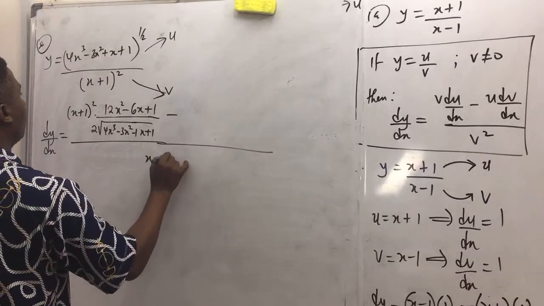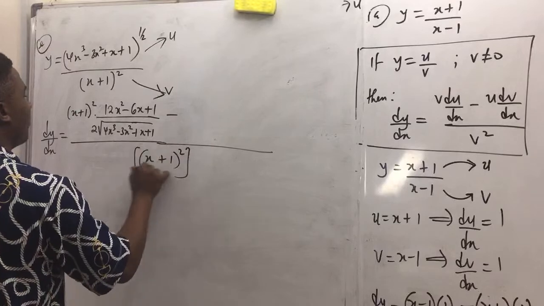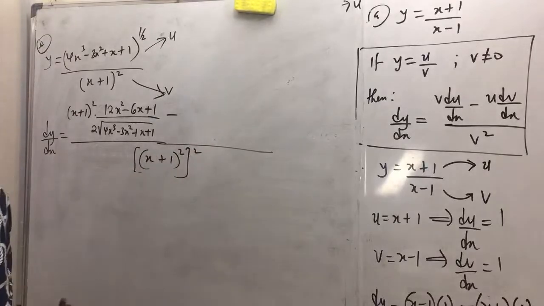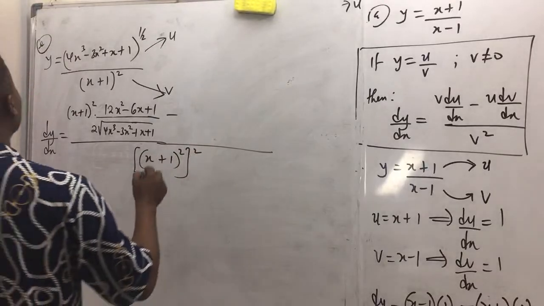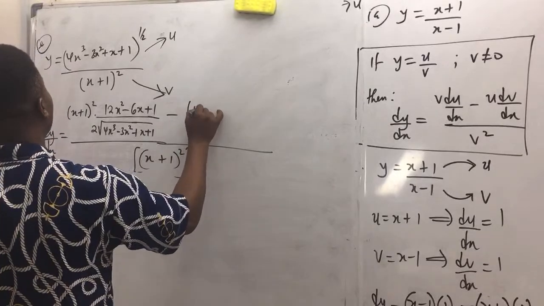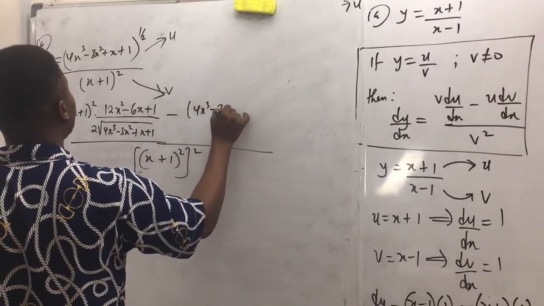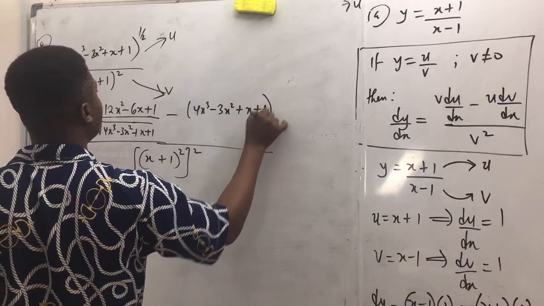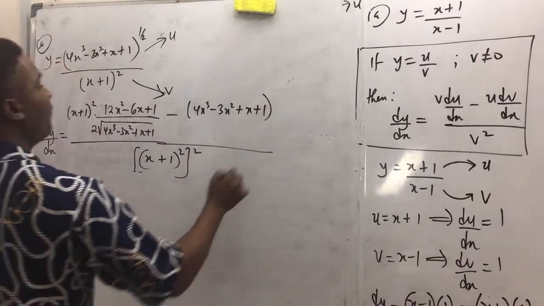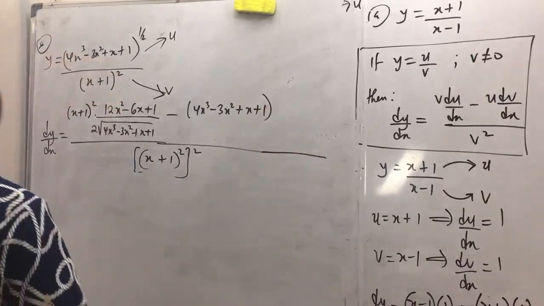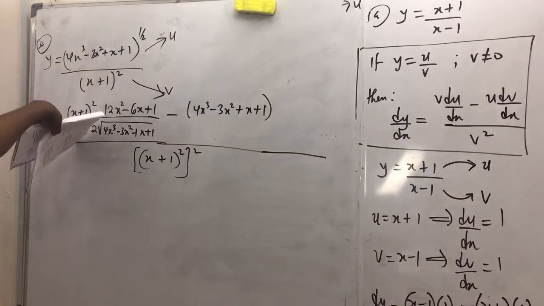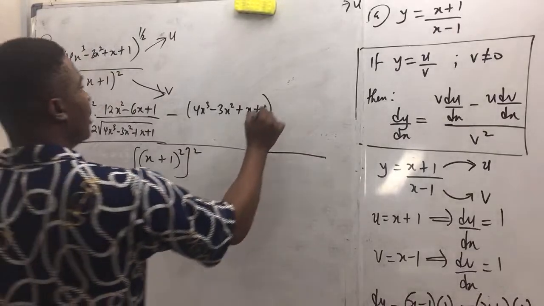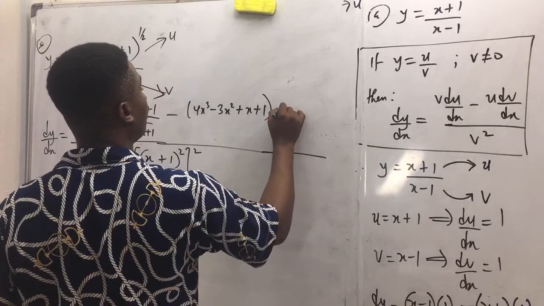This is x plus 1 all squared. I'm bringing that here. So u dv dx, you are going to have u. What's our u? Our u is 4x cubed minus 3x squared plus x plus 1. Okay? And our dv dx is differentiating the denominator, which is the same thing using product rule, or